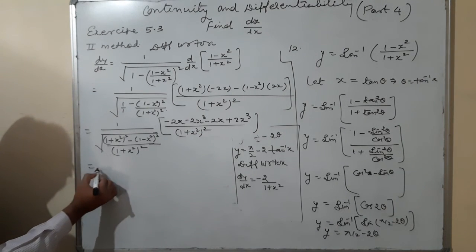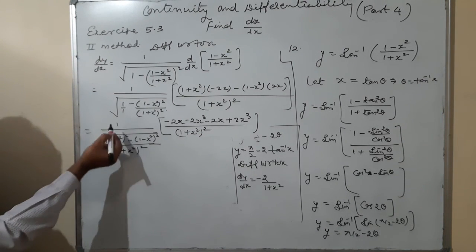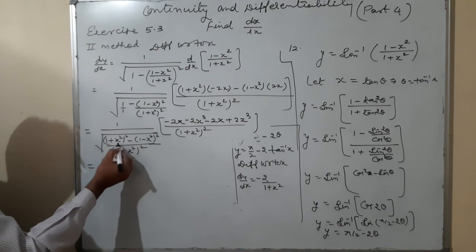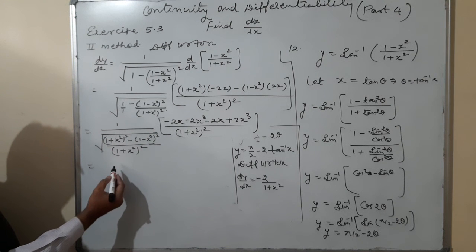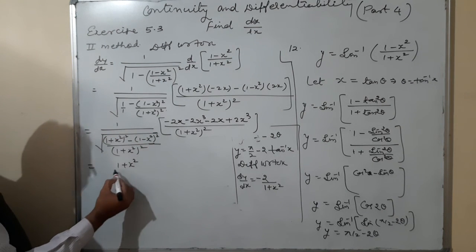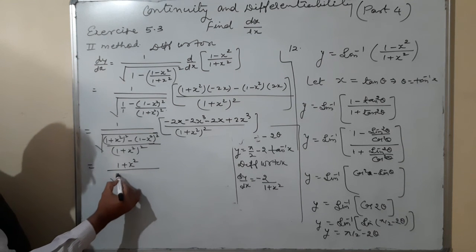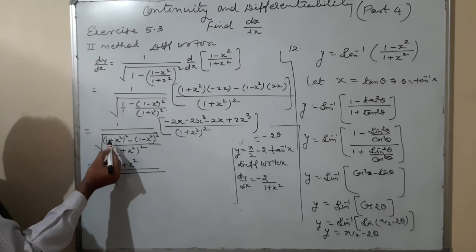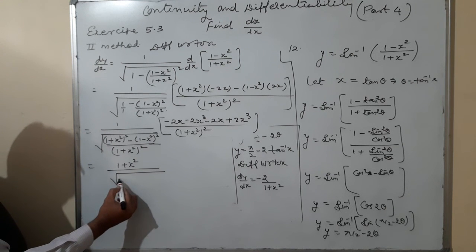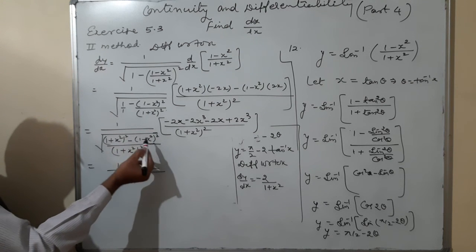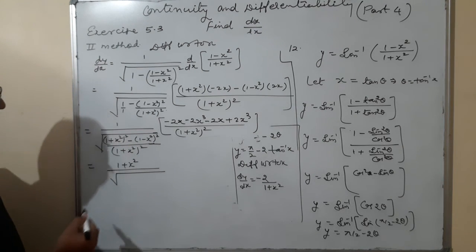Okay. Now I'll see 1 upon this. So there are 4 terms, so this term will be going upside. 1 plus x square whole square is coming out from the root, so simply it is coming 1 plus x square. Root cancels upon inside the root. What is this? I can use a square minus b square, a plus b and a minus b.